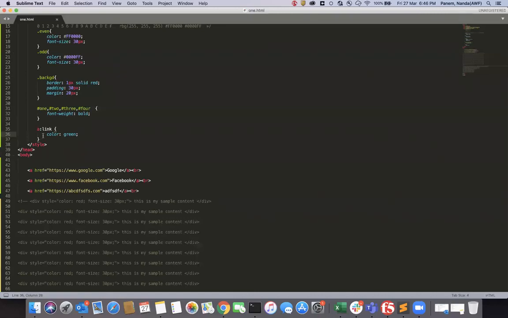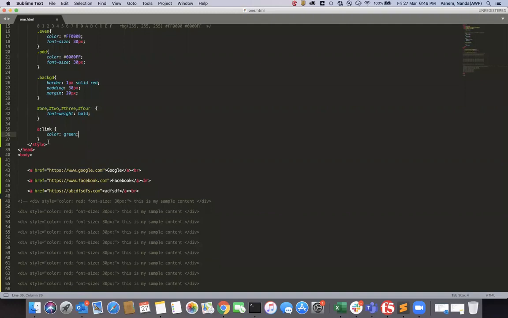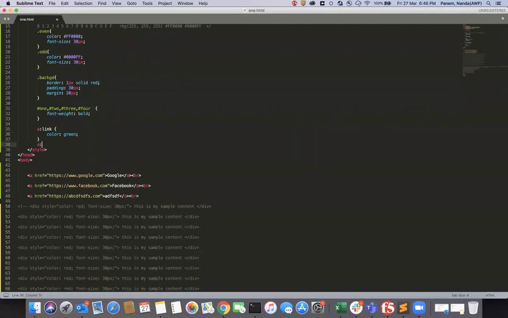If I execute this, you can see only the third one is green, and the first two do not change color. Again, I can provide a state called a visited, and I provide color as black.